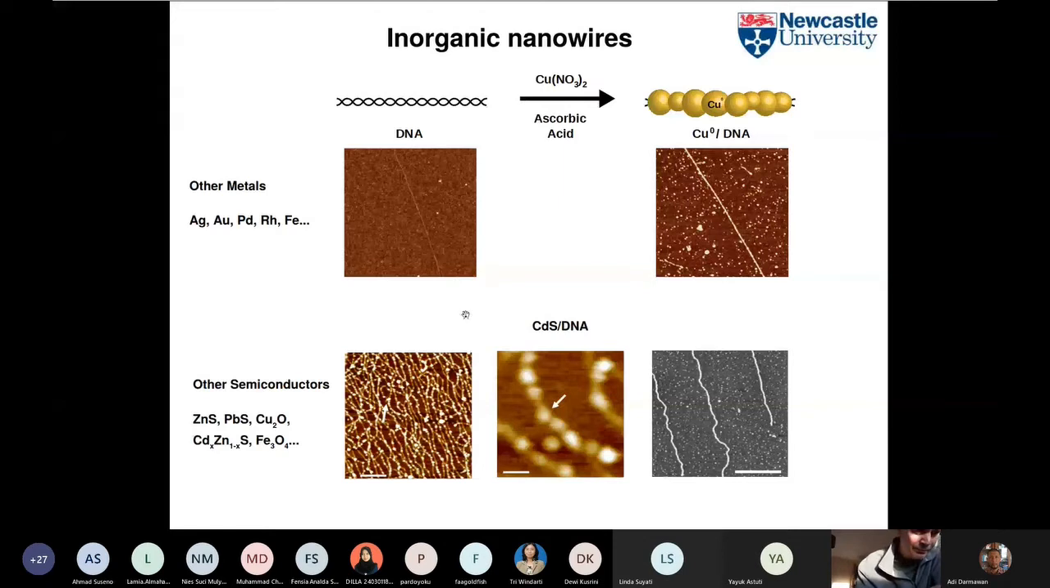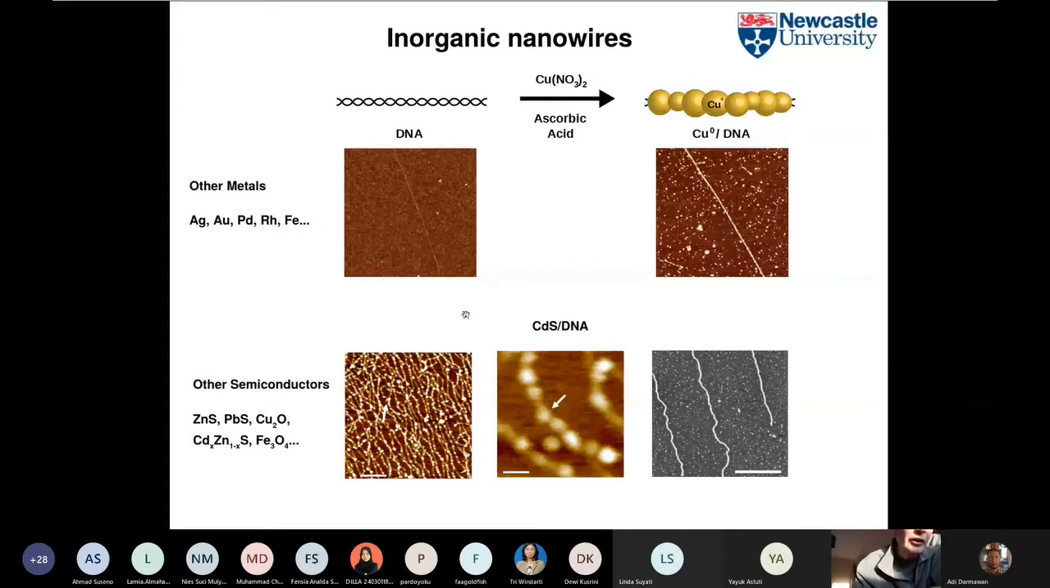Okay, so we make metals by electroless reduction of the metal ion on the template, and we make semiconductors by precipitation of the metal ion. So the series of three images at the bottom shows cadmium sulfide on DNA,